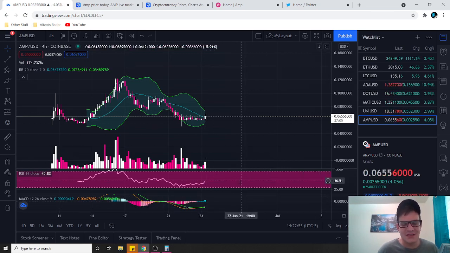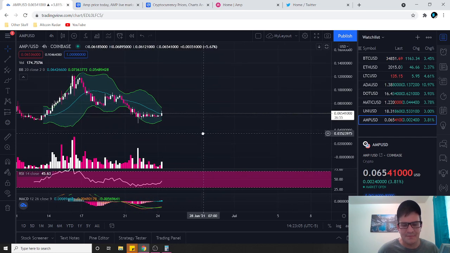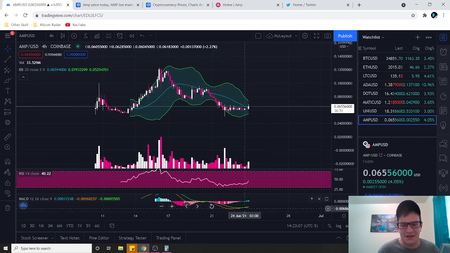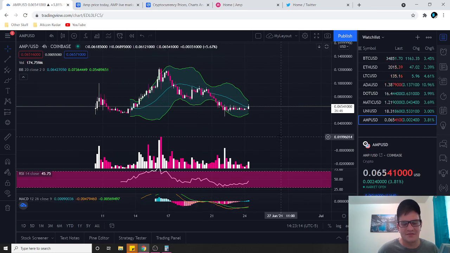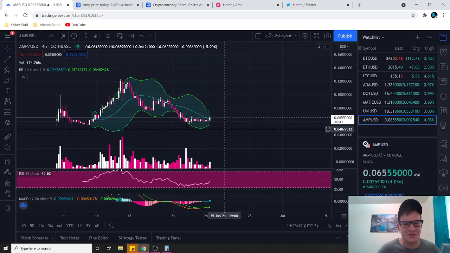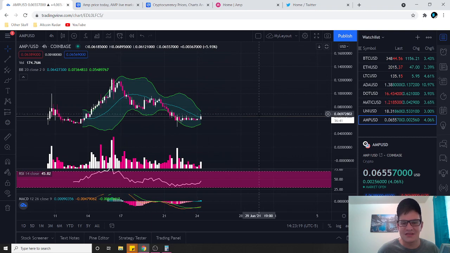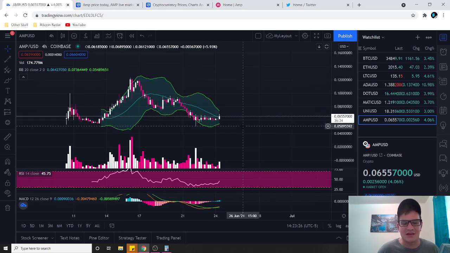Same with the MACD. As you can see, we got the 2 lines down here crossed just recently. I don't know why that's doing that. That's annoying. But yeah, 2 lines crossed recently, and it's currently trending upwards right now after a long time of people selling off. So I do think in the short term it's going to keep going up. I can't give you an exact price because I'm not a magical wizard and I can't see the future, and nobody can. All I can tell you is that, to me personally, it does look like it's going to be trending upward here.